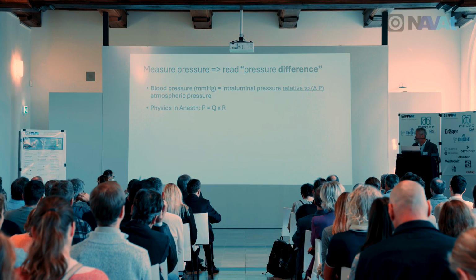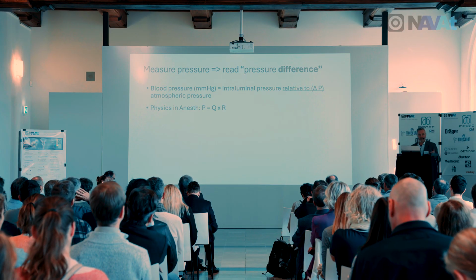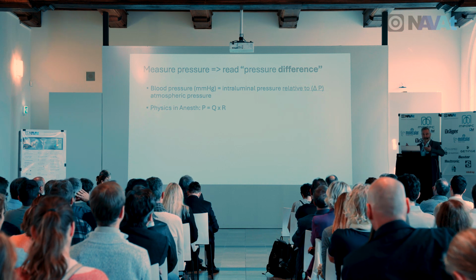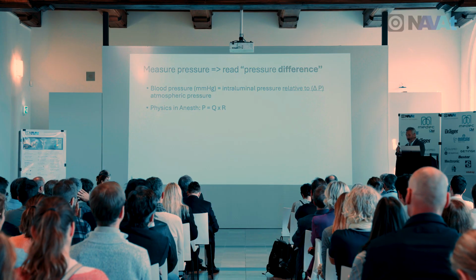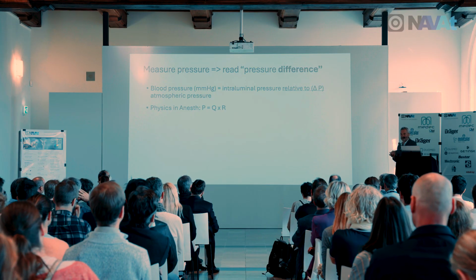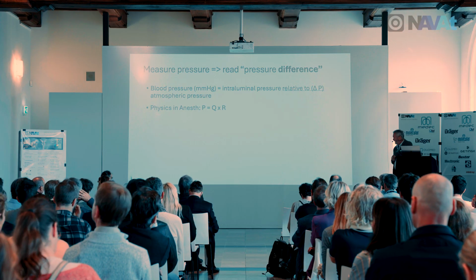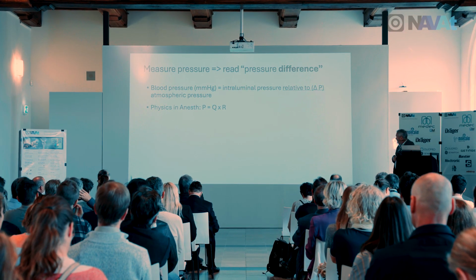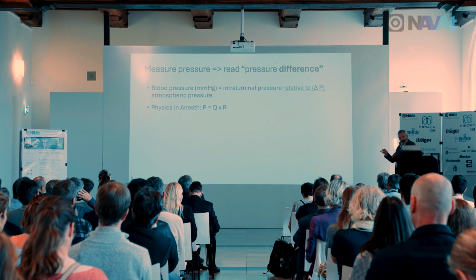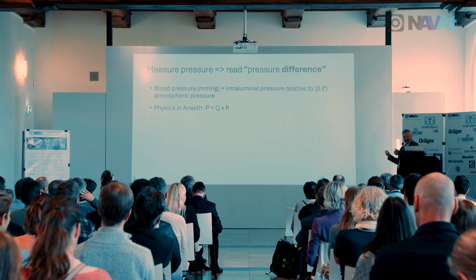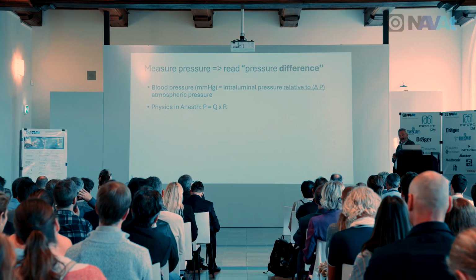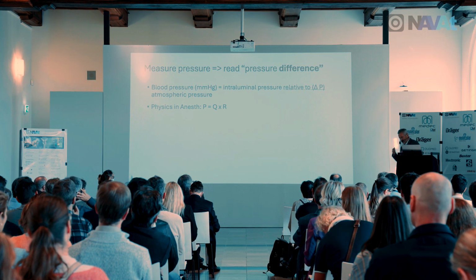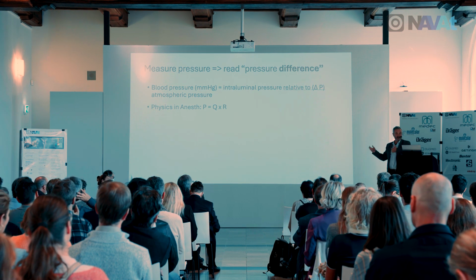And Jan is right. When we measure blood pressure, or a pressure wherever, lung pressure, blood pressure, that does not actually give us much information. I used to be a cardiac anesthetist, so cardiovascular physiology is my comfort area. Here I am a bit out of it. But in the circulation, if you measure blood pressure at one point, that's intraluminal pressure, we always have to relate it to another pressure, to interpret it as a pressure difference, for example, against the atmospheric pressure.